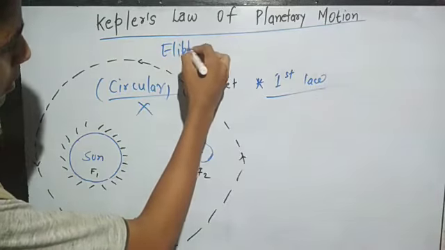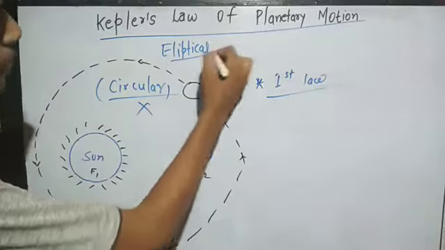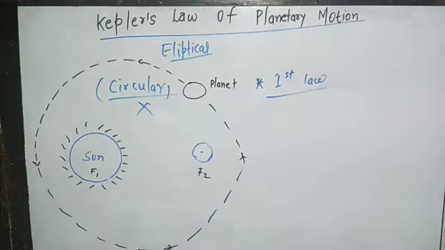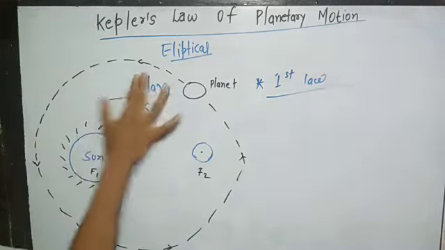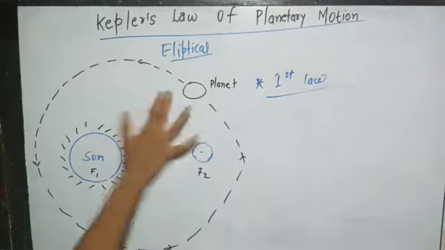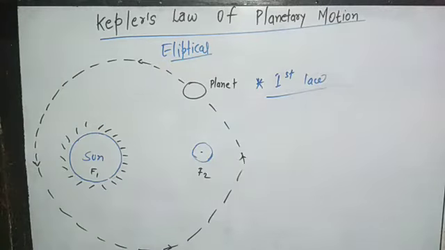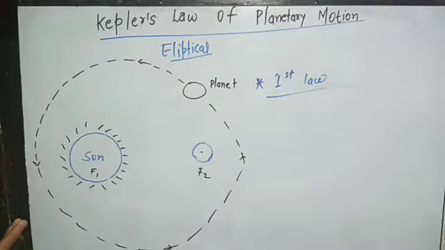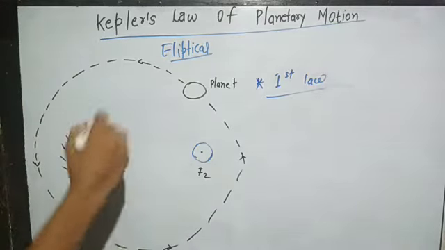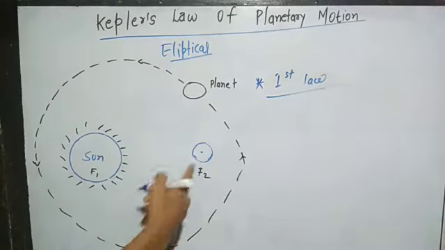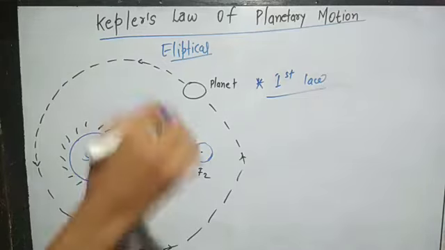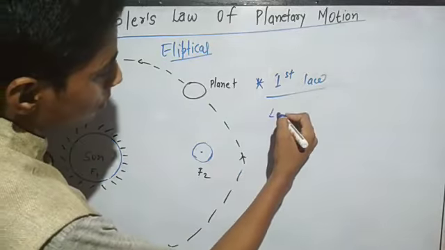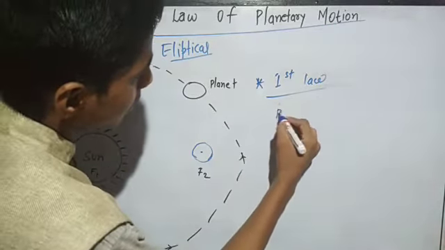Elliptical path. Do you know what we mean by an elliptical path? In an elliptical path, there are two foci present. Here, look here, the sun is actually not the centre of the elliptical path. In the case of an elliptical path, there are two foci, 1 and 2, and in the first focus, the sun is present. So, according to the first law of motion, the path is